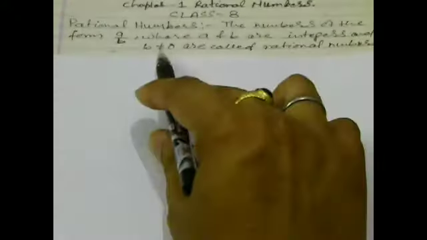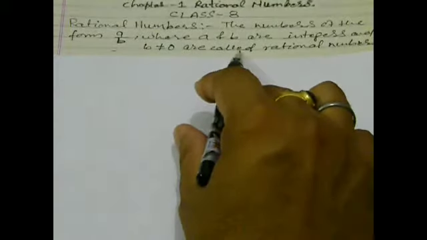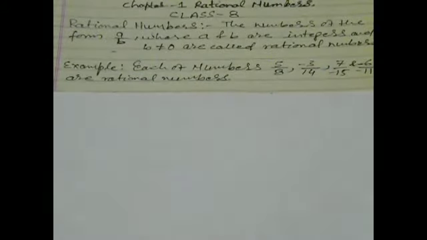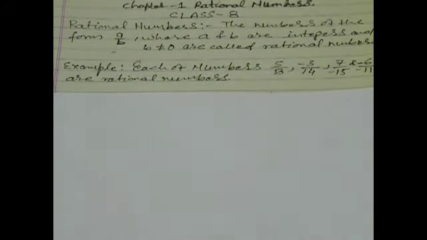The definition of a rational number is: numbers of the form a by b, where a and b are integers and b is not equal to 0, are called rational numbers. For example, each of the numbers 5 by 8, minus 3 by 14, 7 by minus 15 and minus 6 by minus 11